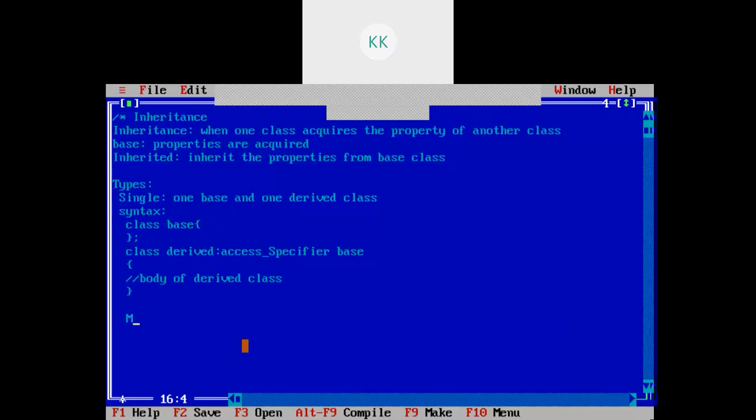Then the next type of inheritance is multiple inheritance.